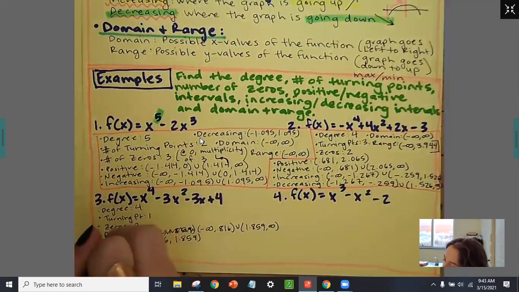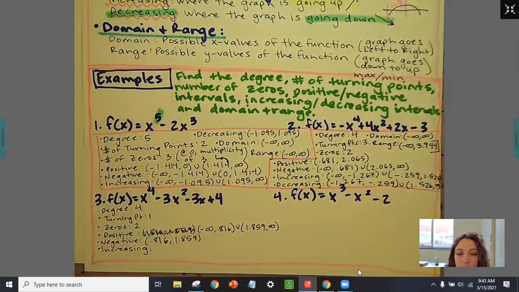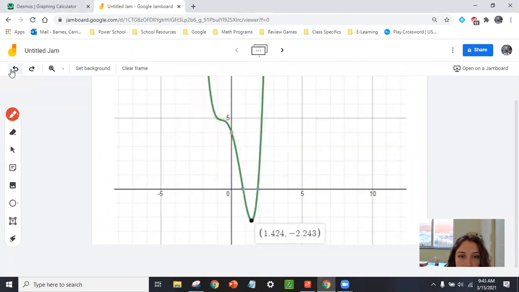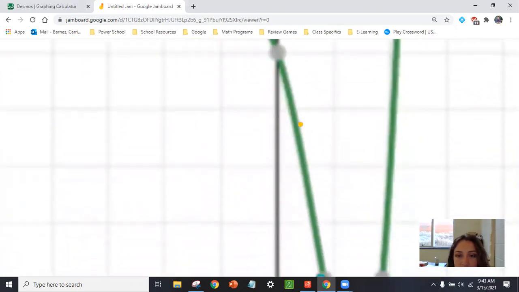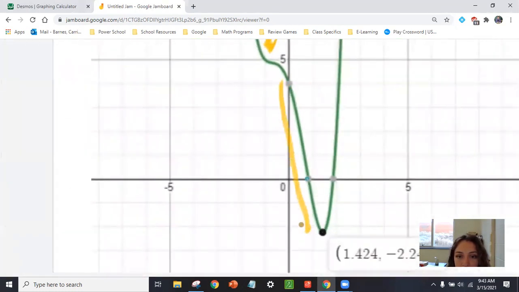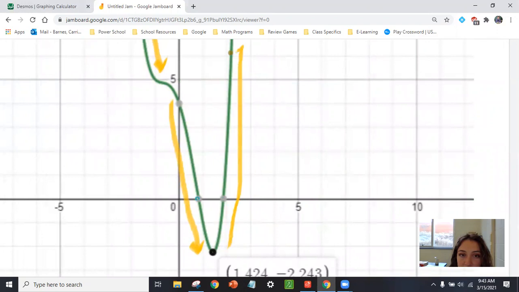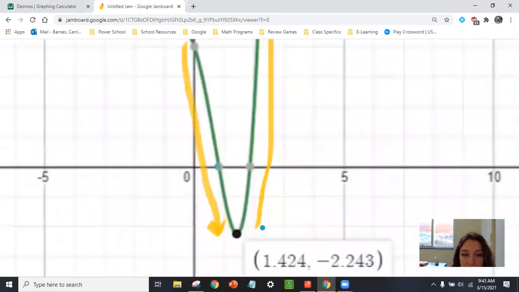Okay, so now let's look at our increasing and decreasing. Okay, and let's just look on here. Okay, so this function is increasing, or actually let's just mark what's happening. So it's decreasing again, and then it starts increasing right here, and then it's increasing forever. So it's decreasing this whole time. It looks like it's switching, but it's actually not, and then it starts increasing at the end. So the turning point is down here at the bottom,